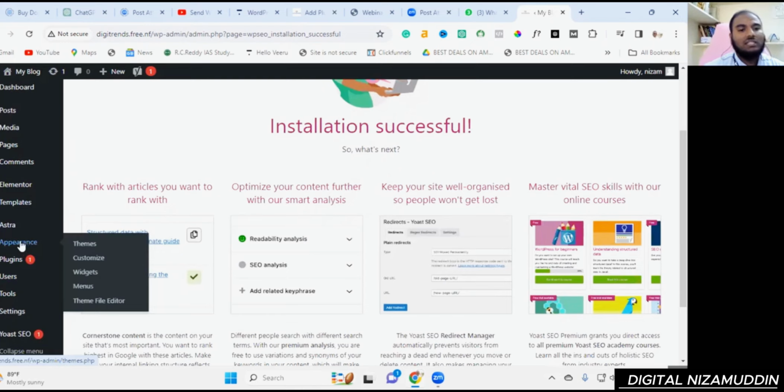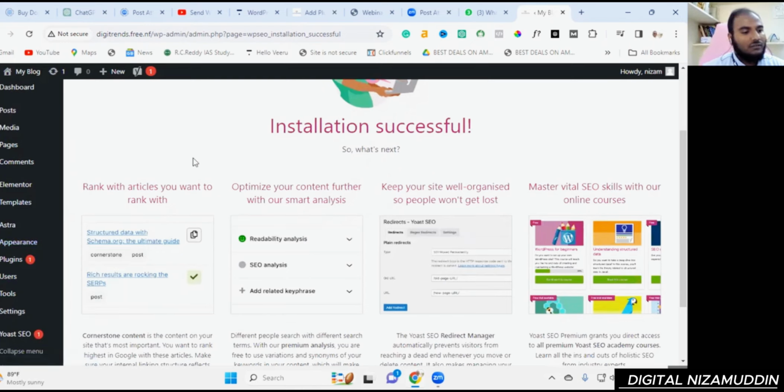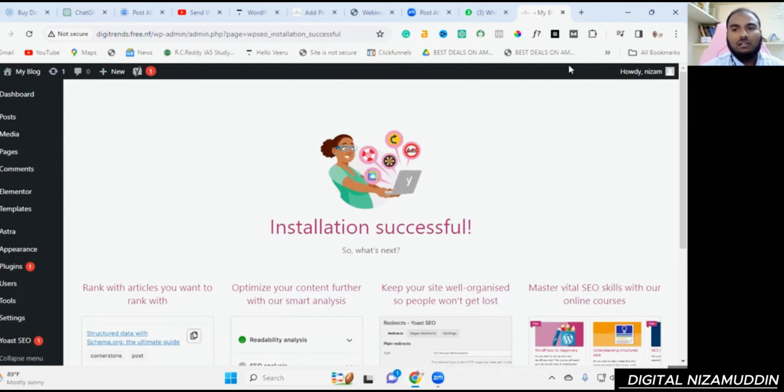Now coming to the Astra theme. There are some free themes and some paid themes. Free themes have limitations, and in paid themes you get many extra features. So if you want more themes, rather than the theme I have prepared and shown you,